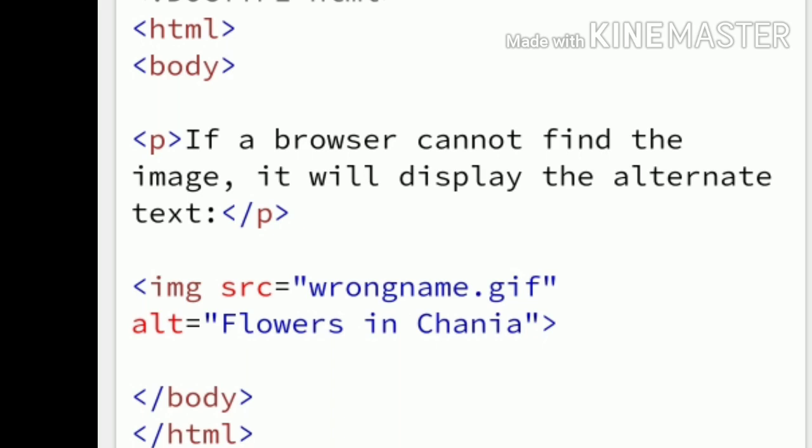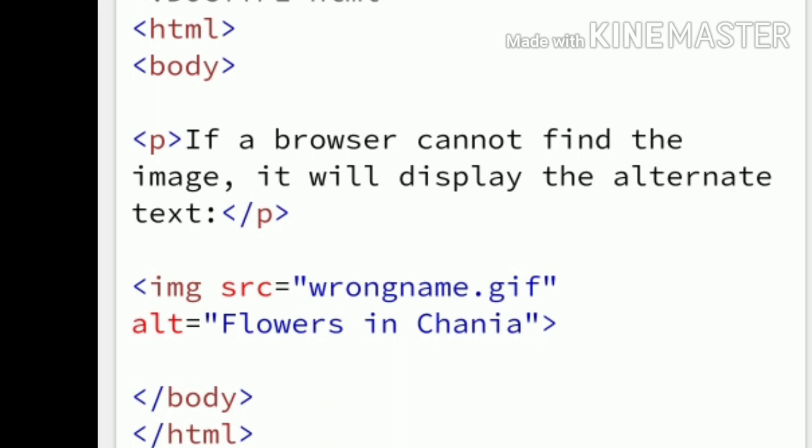Generally, why do images not display? These are the problems you face: if the connection is very slow, or if you are not giving the image path in a correct manner in the src attribute, or if the user uses a screen reader. And the value of the alt attribute should describe the image.